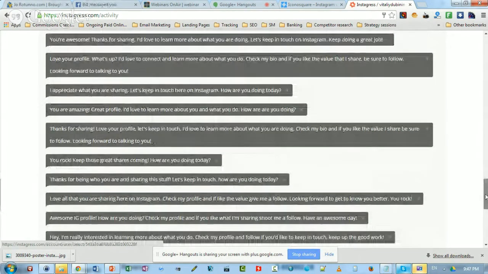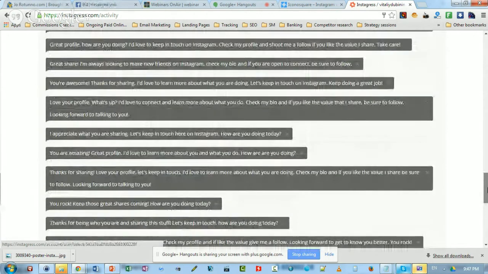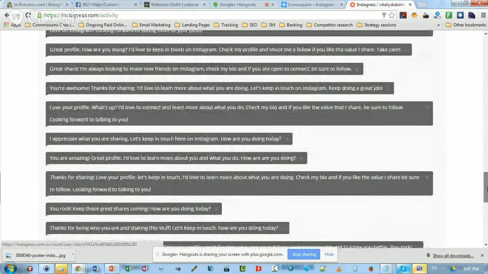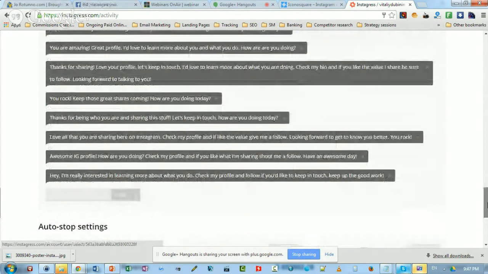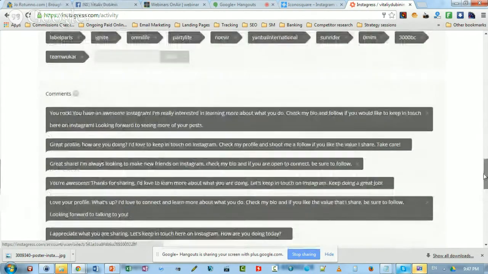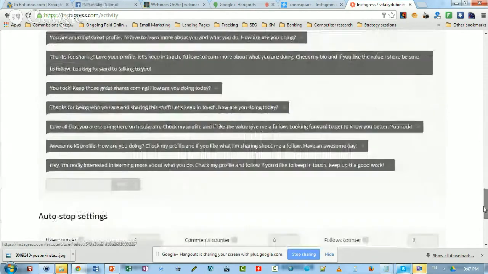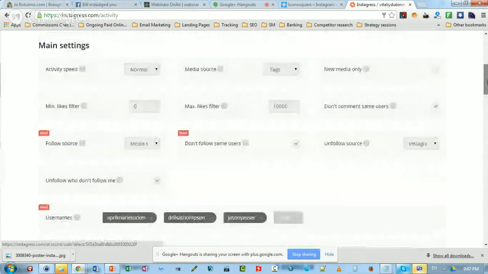You don't need to copy exactly word for word what I'm doing, but what you can do is just start a conversation, compliment them, and direct them back to talk to you. That's really what you want to do, is to direct them back to your profile and get them curious, and see that you are also reciprocal and want to learn about what they're doing. So that's how you set up your Instagram account.